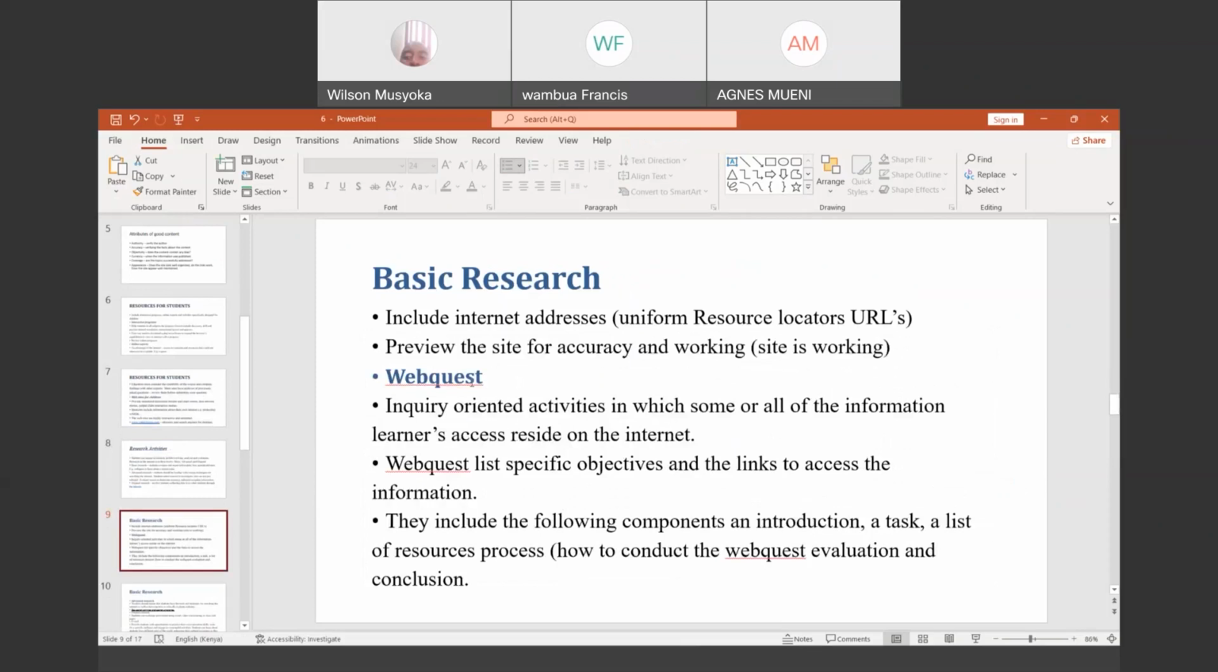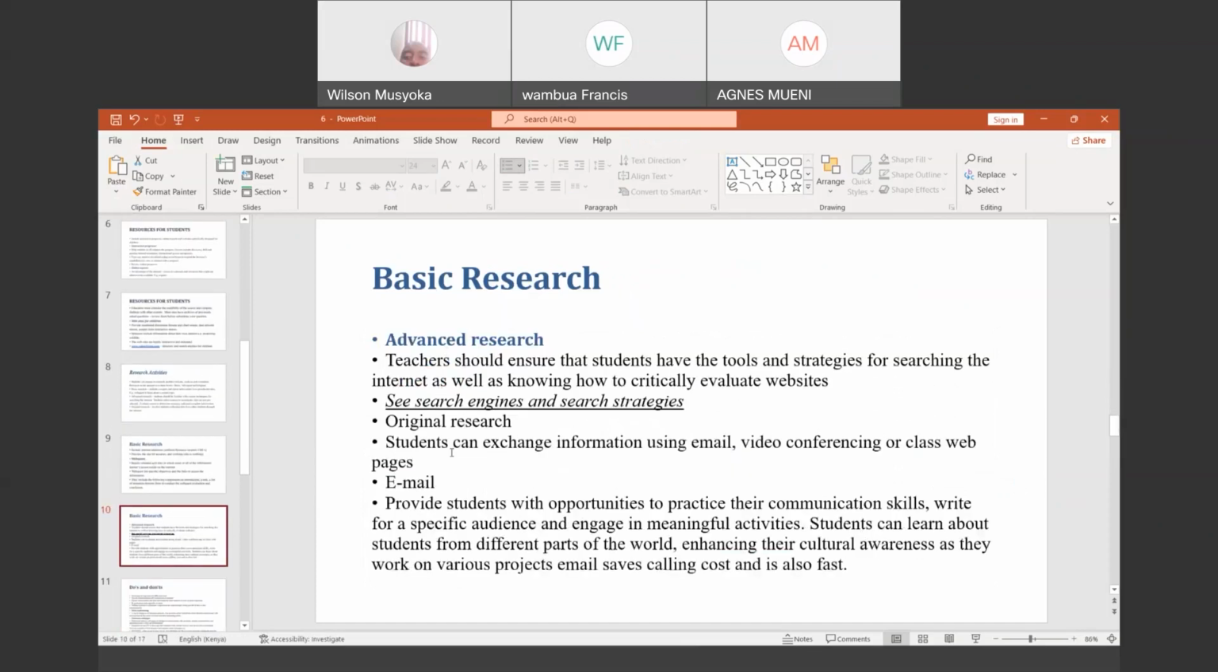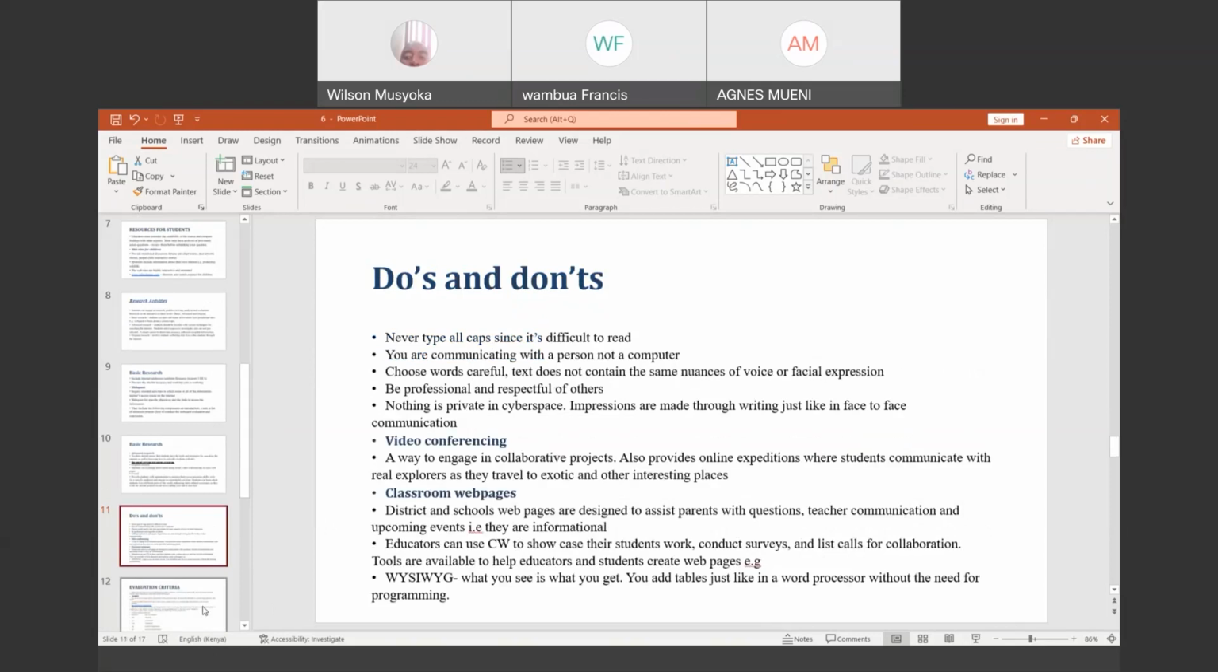So this can be found in websites like WebQuest, which we will also look at. Then advanced research can always be found on the internet, and students can exchange this information via email, or they can have opportunities to practice their communication skills, write for a specific audience, and engage in meaningful activities. So when you are doing research or trying to search on the internet, what are